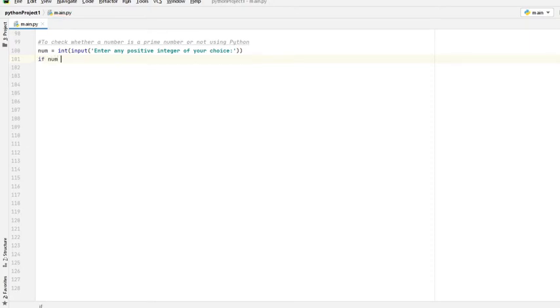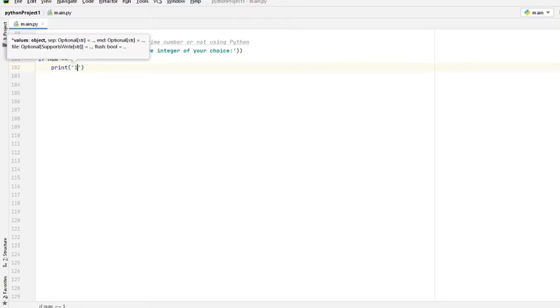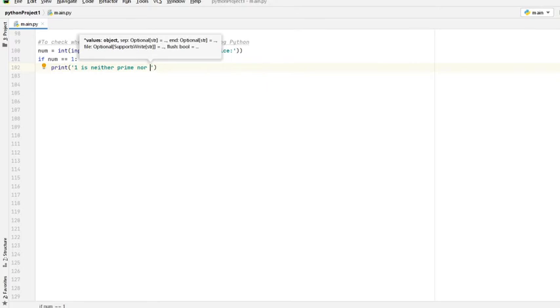If num equals 1, then we have to print the message that 1 is neither prime nor composite. It is possible that the user has given the value of num as 1, so we have to print that 1 is neither prime nor composite.